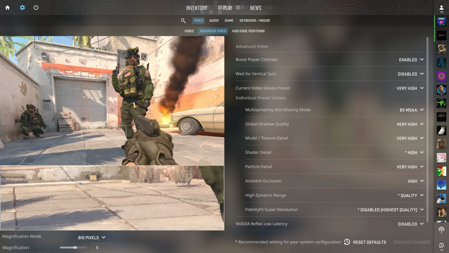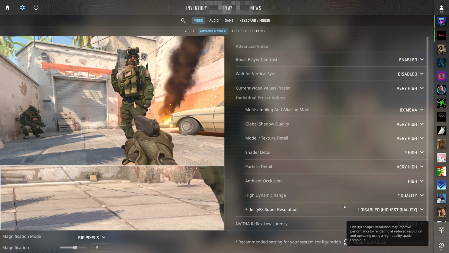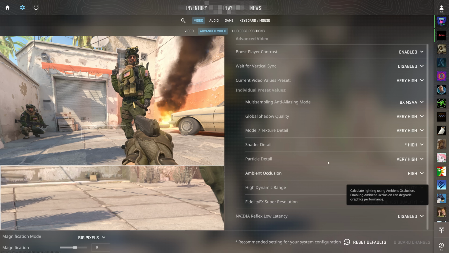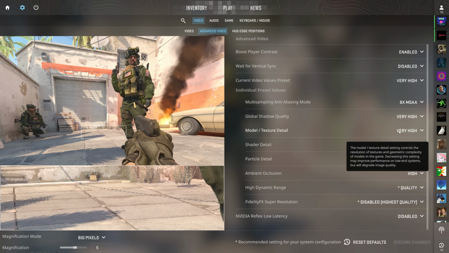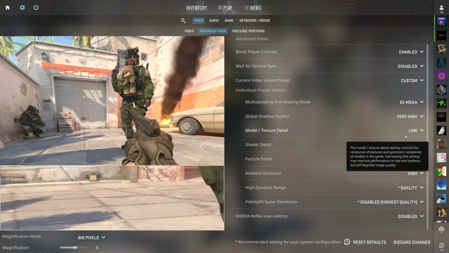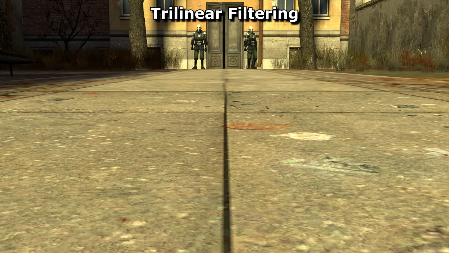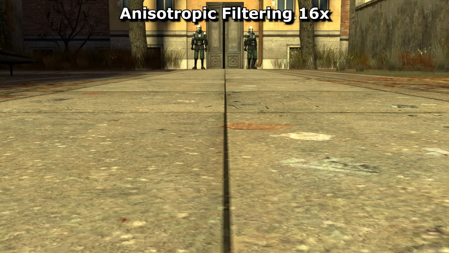I can't test Source 2 since it's tied to all sorts of other graphical options as well, but Valve's emphasis on implementing texture streaming and all that suggests to me that they're aware of this problem and are taking steps to reduce its impact. What can I say? I think higher texture filtering settings are well worth the usually minimal performance penalty that they come with. But to see how it affects your particular setup using your chosen settings and your own aspect ratio and resolution, you'll just have to test it for yourself.